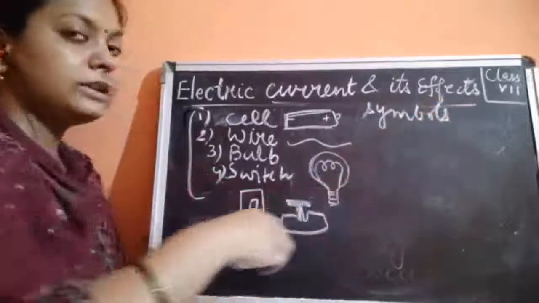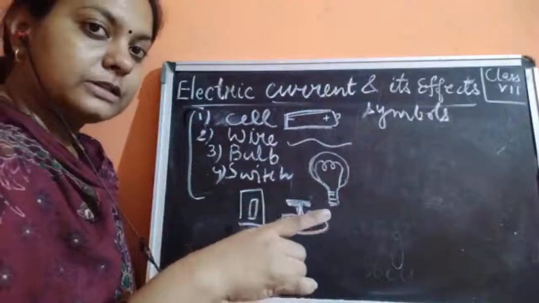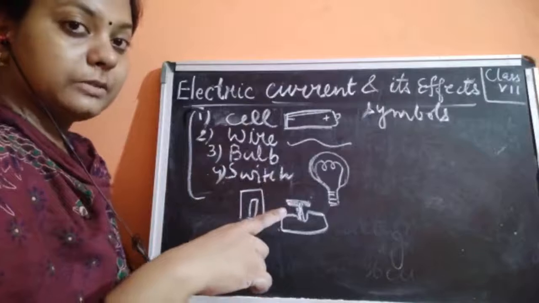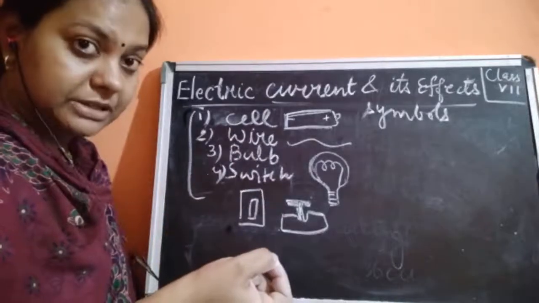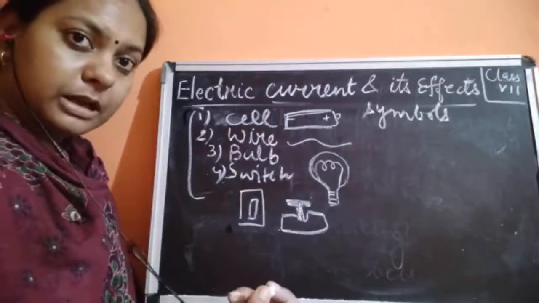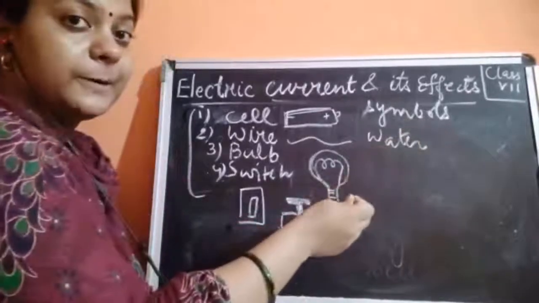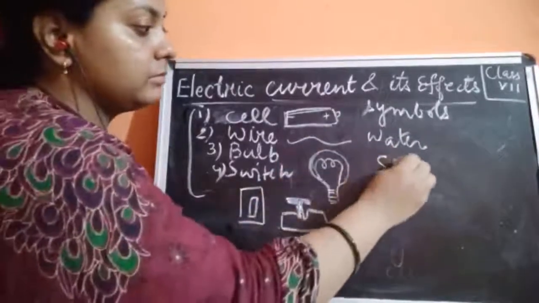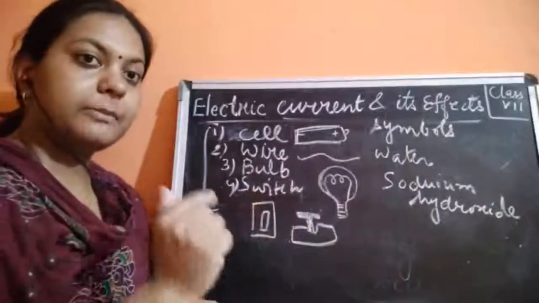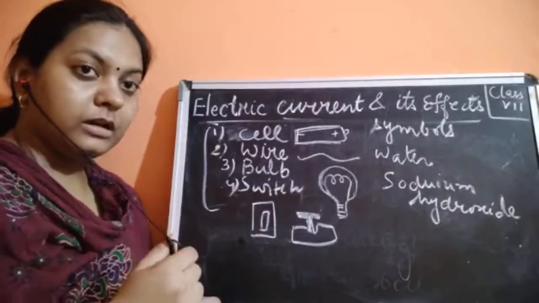Okay. Now, what is the use of a symbol? For example, in chemistry also, when I was telling you about the third chapter which we have studied, where we were studying metals, acids, bases and salts, I told you to write some formulas there. So what was the need of writing formulas? We could write water, simple as that. We would have written sodium, we would have written sodium hydroxide. But why are we not writing such long chemical names?